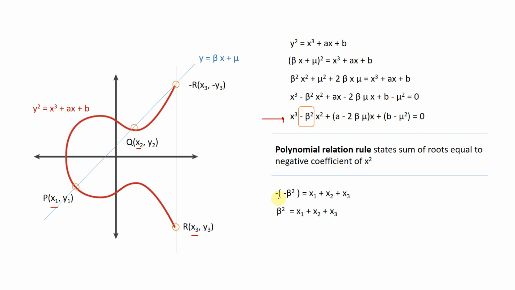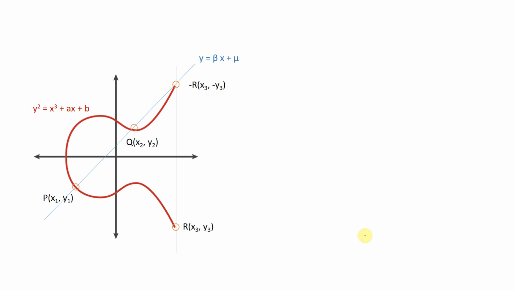And I can reflect the sign into the parentheses, and it becomes beta squared is equal to x1 plus x2 plus x3. And I will move the x1 and x2 terms to the left side, and then it becomes x3 is equal to beta squared minus x1 minus x2. You might remember that in the previous slides I calculated the y3 value, and it also has a beta term, and beta is still unknown to me. Let's calculate it.